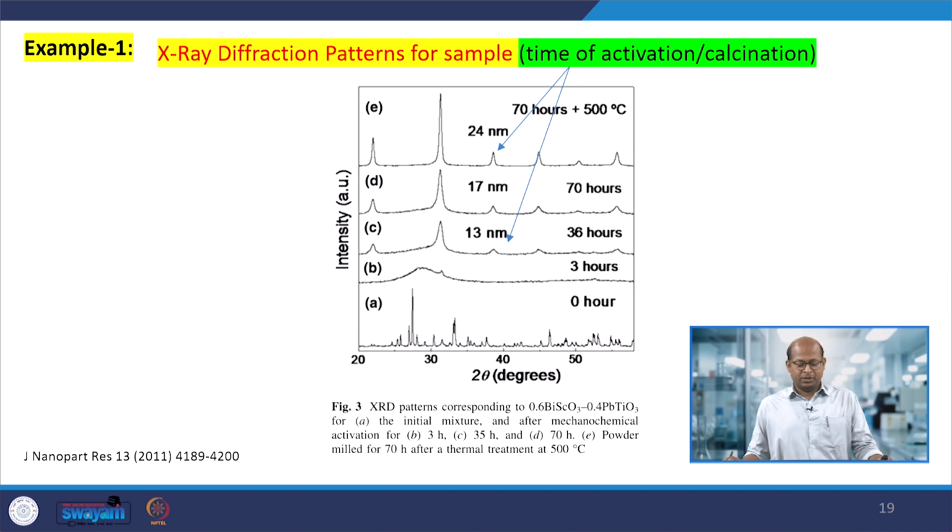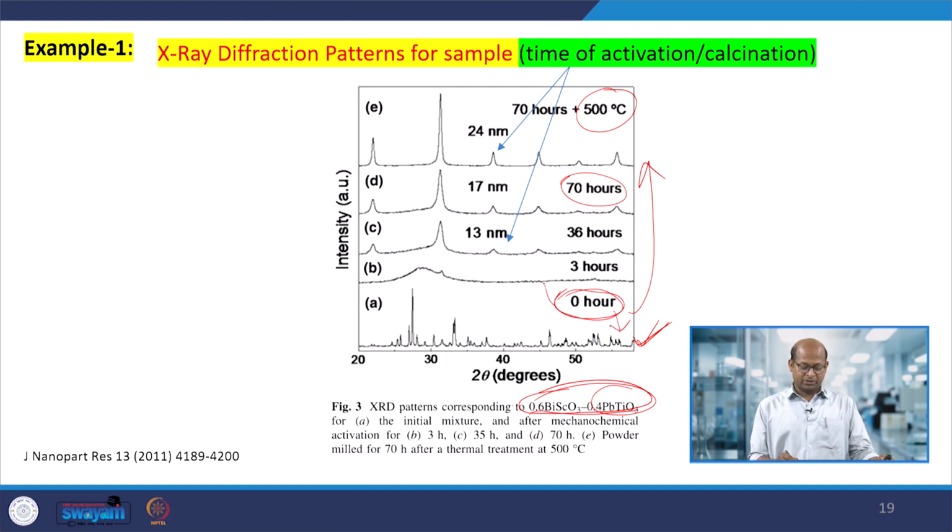Suppose we have prepared one material, that is bismuth scandium oxide, lead titanium oxide. That material was prepared at 500 degrees centigrade. That temperature was maintained at 500 degrees centigrade, but the material was calcined for different times, 0 hours to 70 hours. So initially, at 0 hours, the material is like this,